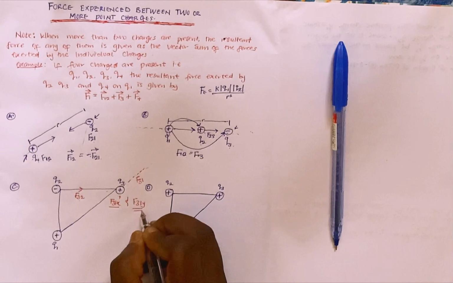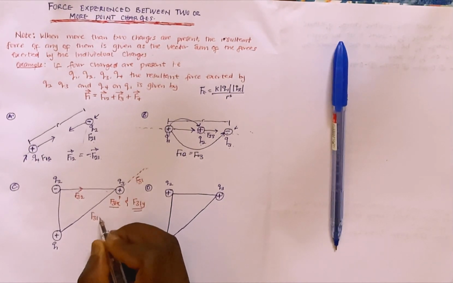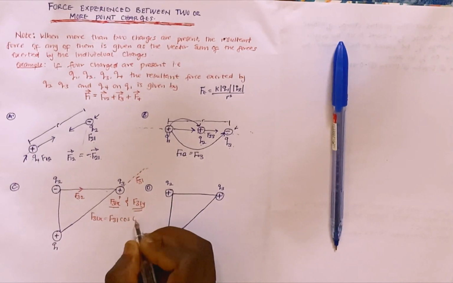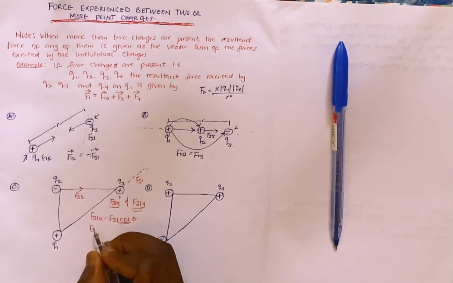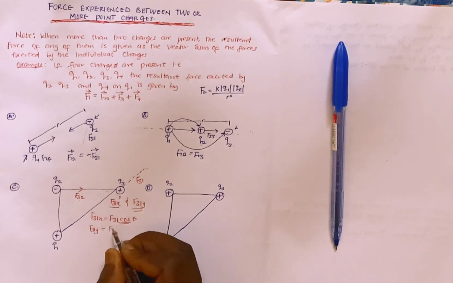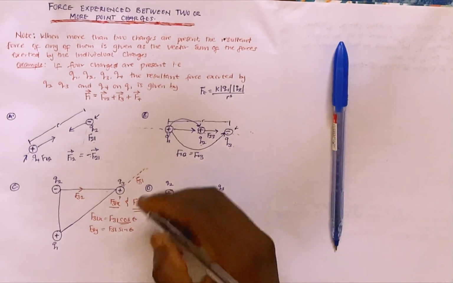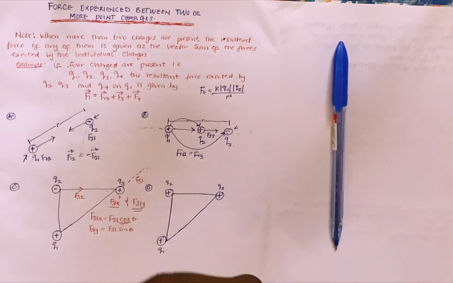F31y, which is the vertical. The formula for F31x, just as I'm considering the angle: F31x equals the force F31 itself times cos theta, as far as horizontal is concerned. But as far as vertical is concerned, I'm going to have my F31y equal to F31 sine theta. That's just it. So in this case, I will resolve into its components, and I will have to calculate the